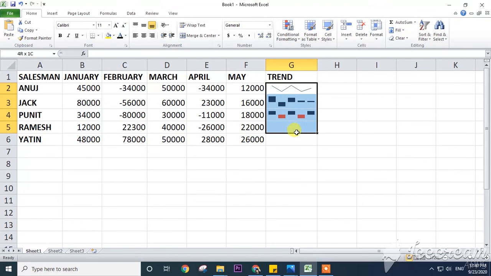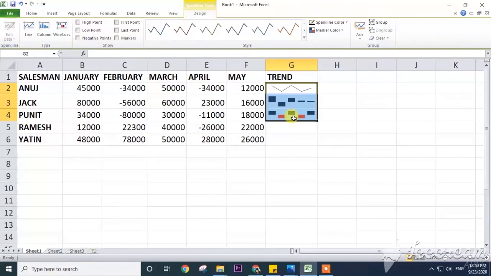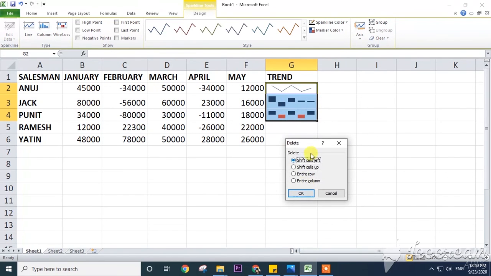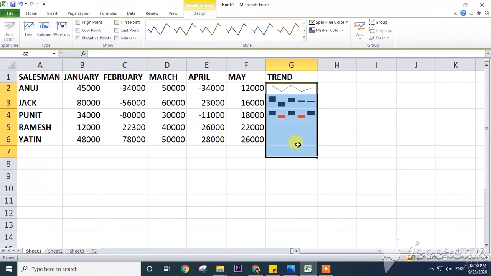Now how to delete this one? See, it will not get deleted. Delete, it will not get deleted. See, it's not deleting. It is only asking for shift or data. It's not showing the data delete. So what will we do, how to delete this one? By using the delete key it will not be deleted.